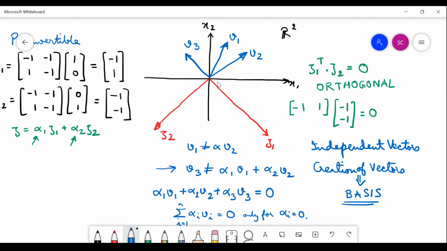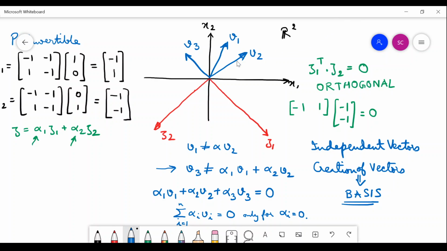They were orthogonal bases. z1 z2 were also an orthogonal basis. But for being a basis, orthogonality is not a requirement. For being a basis, only independence is the requirement. They must be independent of each other. Because it is very obvious that if v1 and v2 are not independent, that means one is a scalar multiple of another, then no matter how you scale and add, they will only give you vectors in the same direction. You will not be able to cover any other place other than that particular line, right?